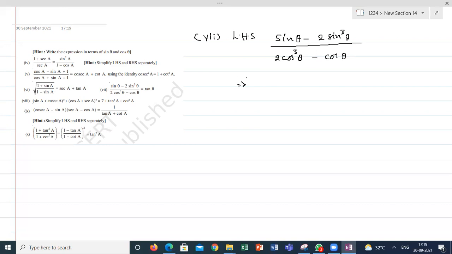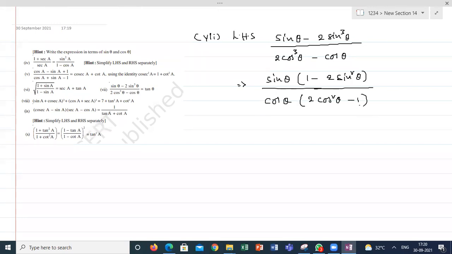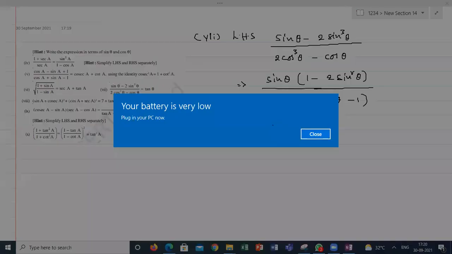In the numerator I can take sin theta common, and this will become 1 minus 2 sin square theta, divided by the denominator, where if I take cos theta common, this will become 2 cos square theta minus 1. So what I am doing is, with the help of sin square theta plus cos